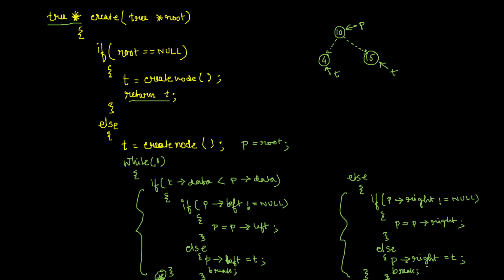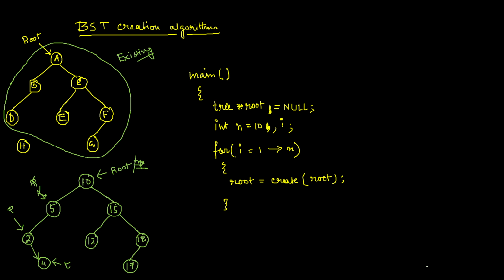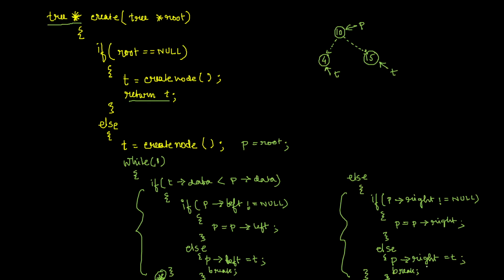So one thing we have seen is that, ultimately, whatever the data is in the tree, the approach of connecting the newly created node in the existing tree is nothing but deciding whether I will go to the left or right. So if you are able to realize one of these parts, I think the other mirror part is easy to realize.